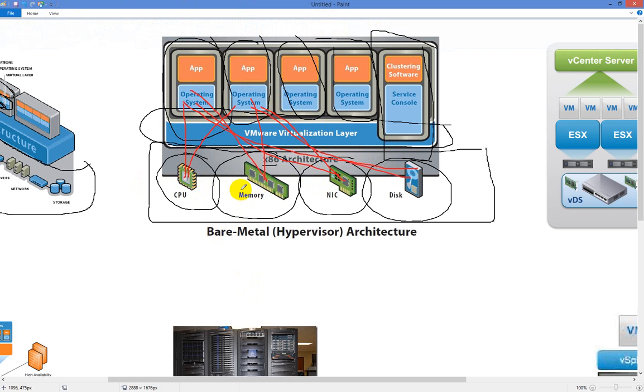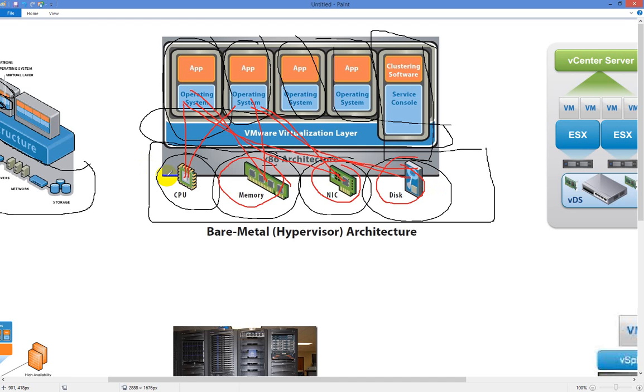Now, the interesting part is memory is able to be spoofed, network is able to be spoofed, and so is disk. The reason I say spoofed is because it's made to look like something either less than it is or more than it is. 99% of the time it's going to be less than it is. You're not going to give every operating system the entire disk space. You can, but normally you're not going to. That's why I usually say spoofed as to less than it is.